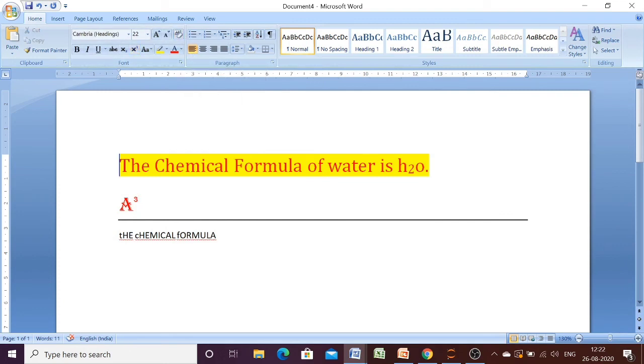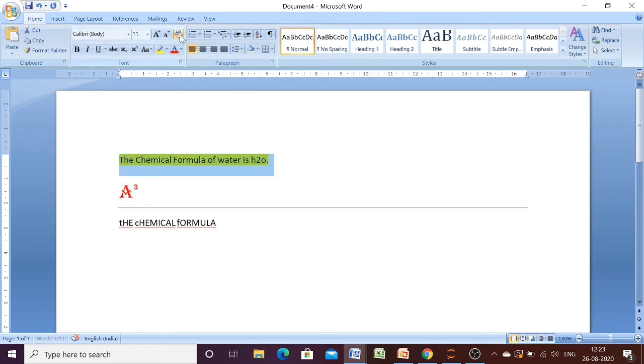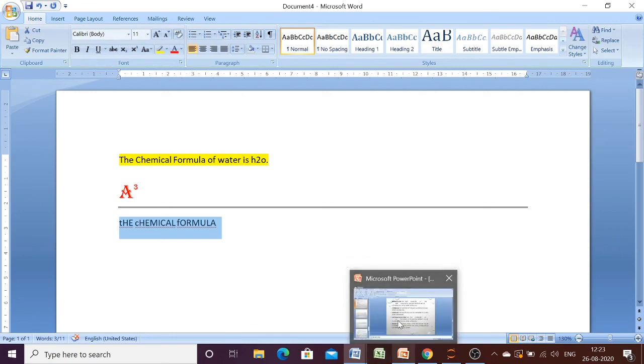Okay, one more thing here, this one is clear formatting. You choose the text and go for clear formatting. You will have that all formatting has been removed. Whatever formatting we have done, all those formattings have been removed. Now the superscript, subscript, all those things have been removed. Here we can also go for clear formatting.